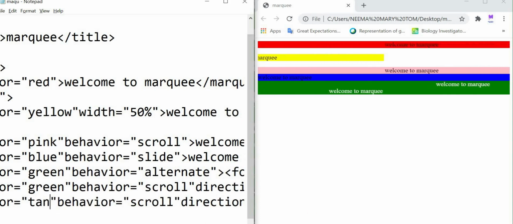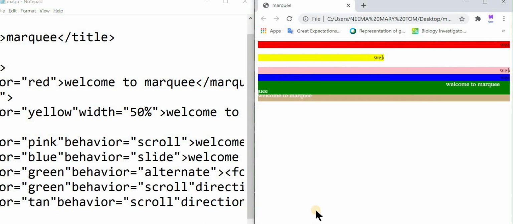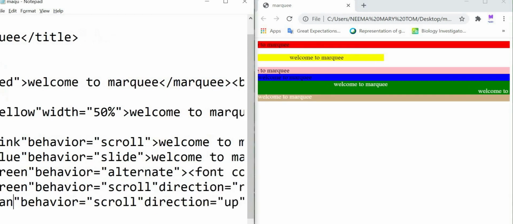Saving the file and refreshing the browser. Now you can see that it is moving from up. So I'll give that height also here to make it more clear.